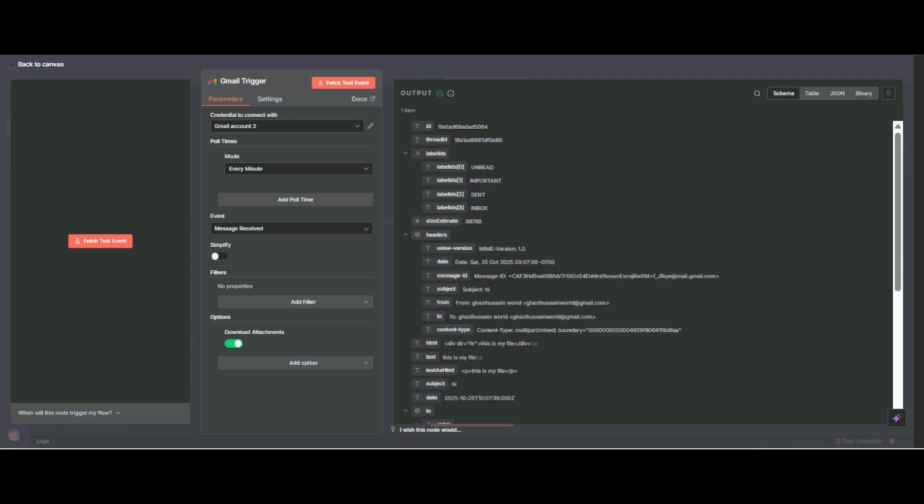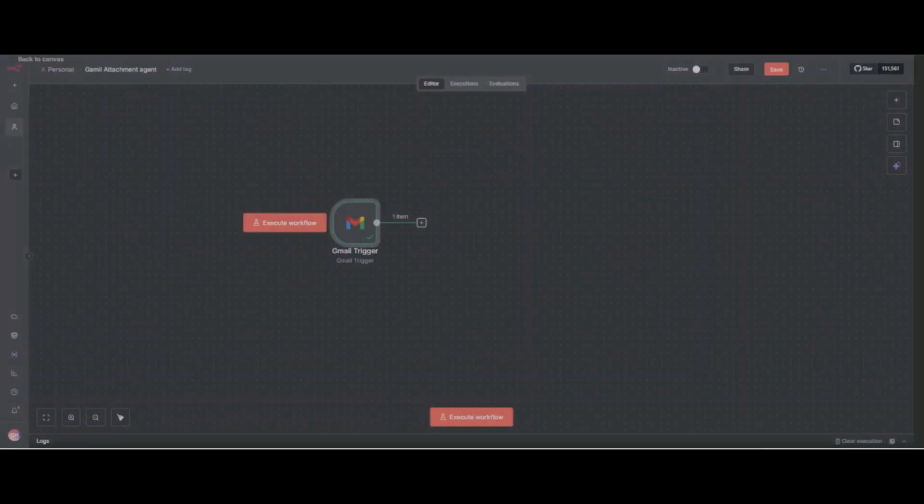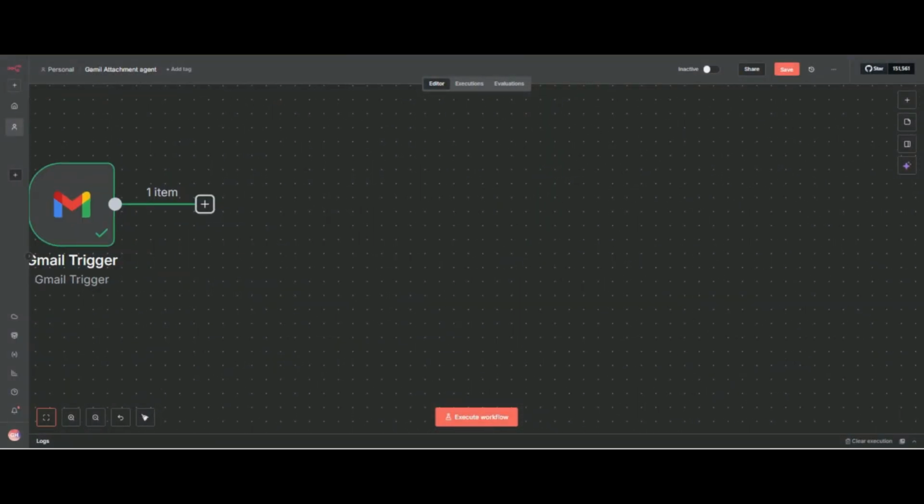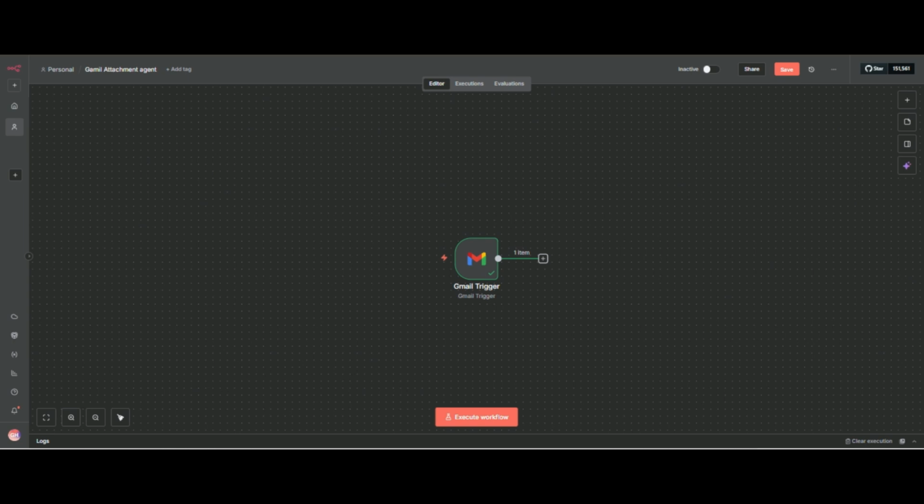So now we have to extract only the file. You will say we can use an if node or any other node, but you will not receive the binary because it has some issue.